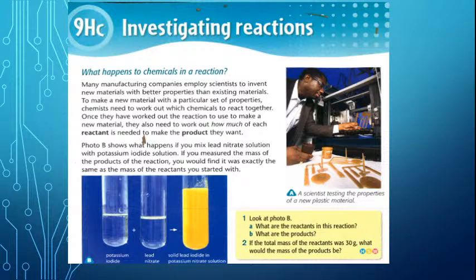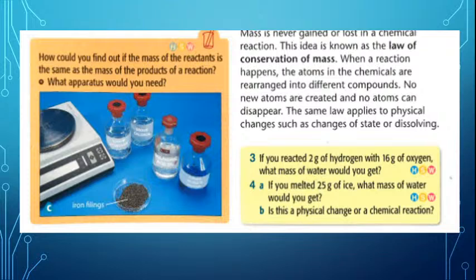What will be the product? Obviously lead iodide and potassium nitrate. I will write this reaction, just wait for a second. Then in this reaction, how could you find that the mass of the reactant is the same as the mass of the product? Because before conducting the chemical reaction, we will try to measure the masses of